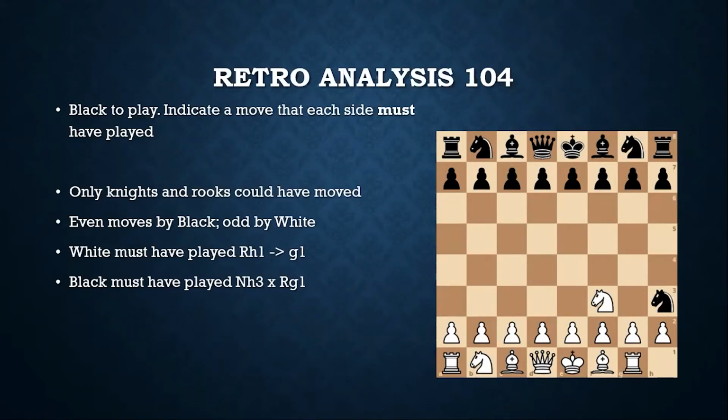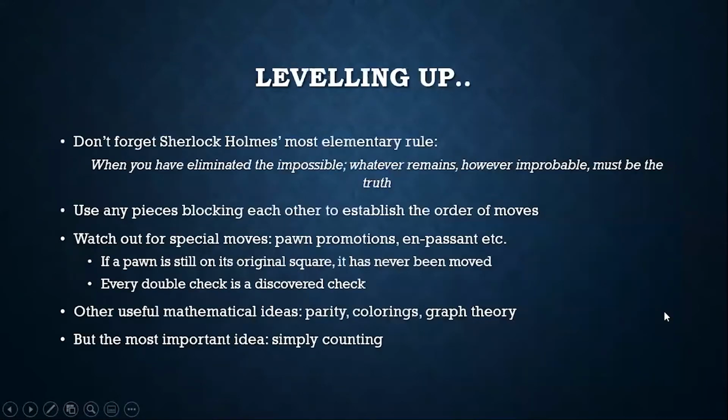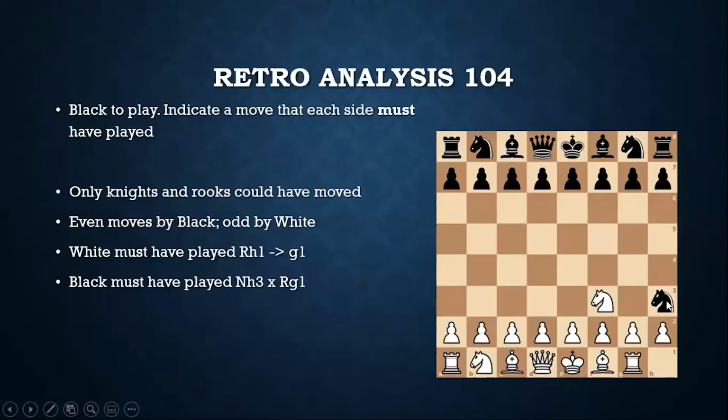Now, I've shown some things here which are not necessarily unambiguous, like this white knight could be anywhere on the game board. But the point is that the white knight had moved away from its position and made space for the white rook, and then the black knight came and captured this. So this move necessarily happened, that black capturing on the G1 square. Okay, so this shows one example of how parity comes into play and can be quite helpful in solving some of the intermediate or harder puzzles.